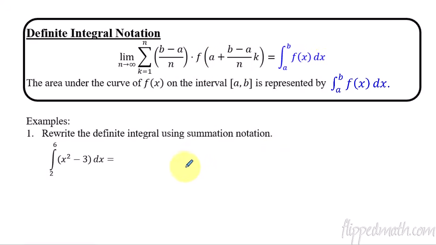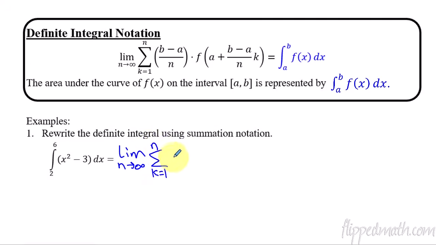So if we have this definite integral here from 2 to 6, can we write this in summation notation? Well, sure. Let's just take this answer up here. We're going to write the limit as n approaches infinity of, and then you have to do this weird summation notation, which I'm awful at. And then I'm going to say from k equals 1. Now this k, that variable could be anything. Sometimes you might see i. It doesn't matter. Usually I see a k. So k equals 1 up to n, which is, again, the number of rectangles we're going to have,